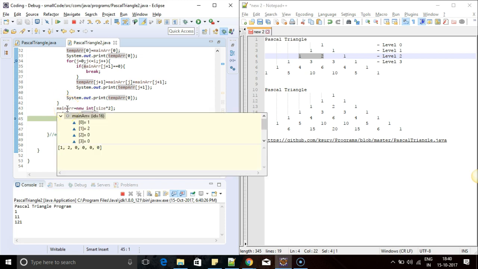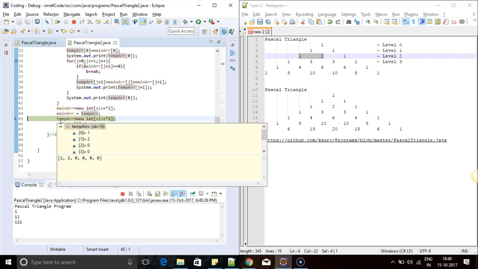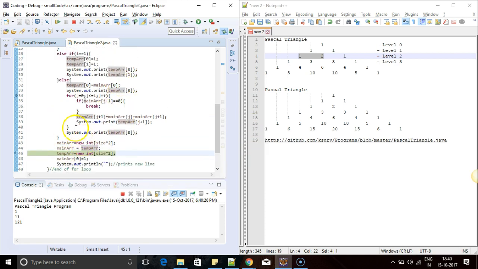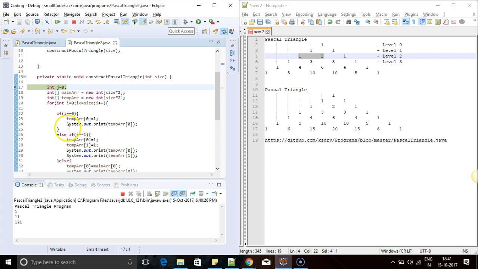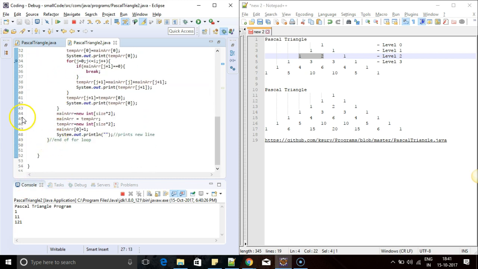the main array has to be 1 to 1. Okay, got it. Now we are not assigning the last variable to main array. That is the problem. It has to be 1 to 1. Just 1 2 is getting stored. So now what we'll do is we'll say temp array of j plus 1 will be temp array of 0. Okay, now we have to come here, F8,